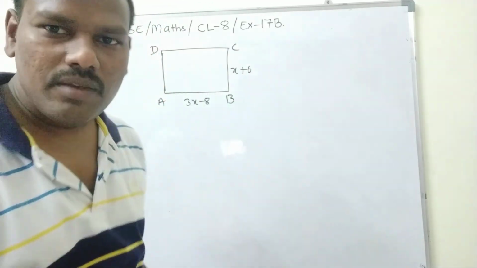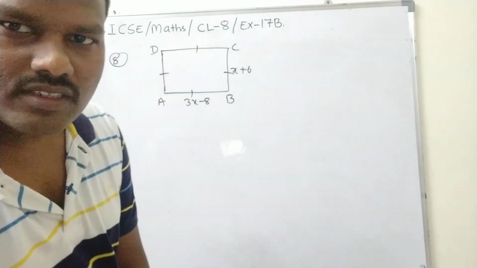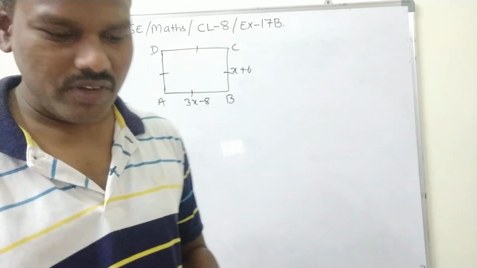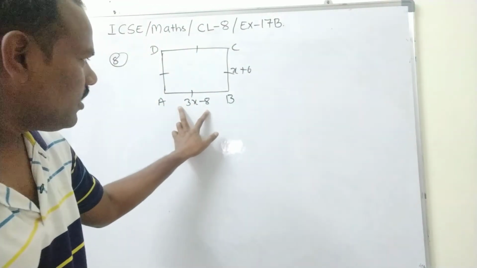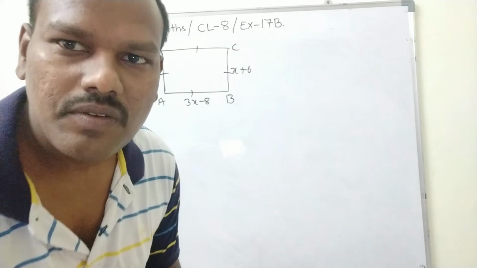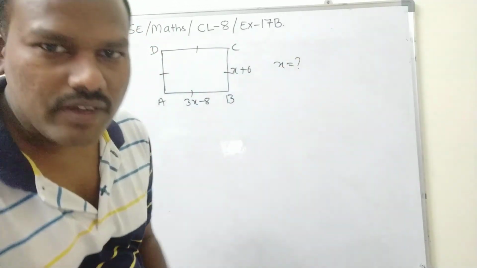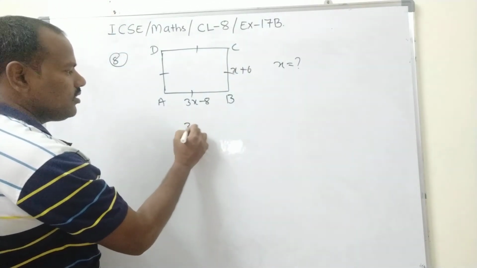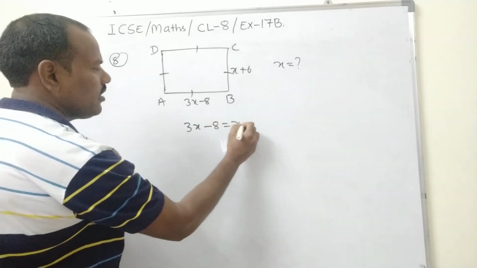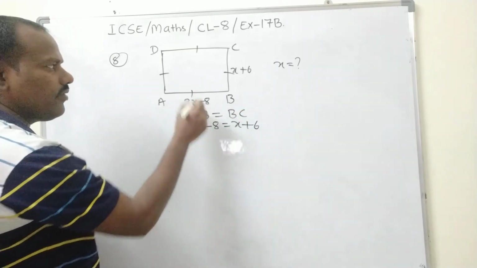Okay. ABCD is a square. ABCD is a square, which means all the sides are equal. See, the same number I can say in a different way. If I want to say it in a different way, I can say 5 plus 5, I can say 7 plus 3. Similarly, they have given AB length is 3x minus 8 and BC length equals x plus 6. He is asking to find the x value and hence find the side lengths of all the sides. So therefore we know it. So 3x minus 8 equals x plus 6, because all the sides are equal in a square. ABCD is a square, given.